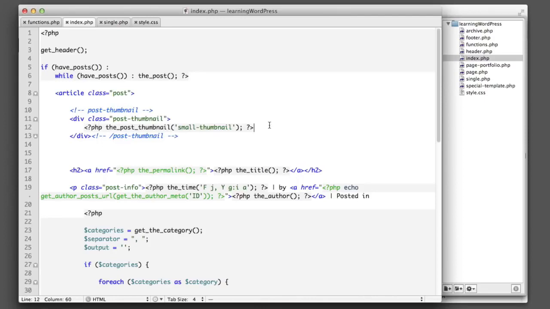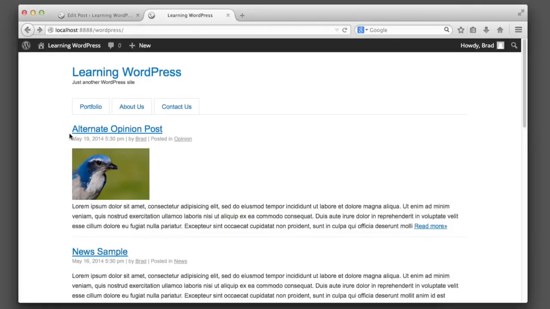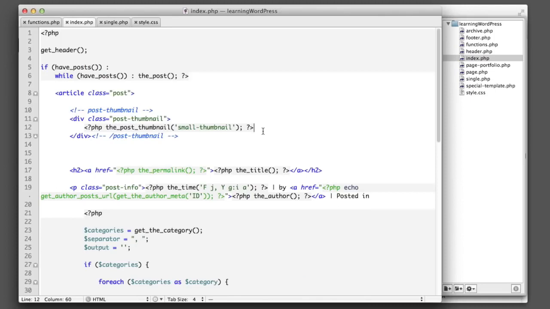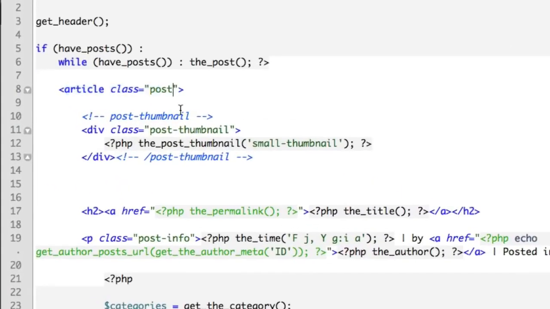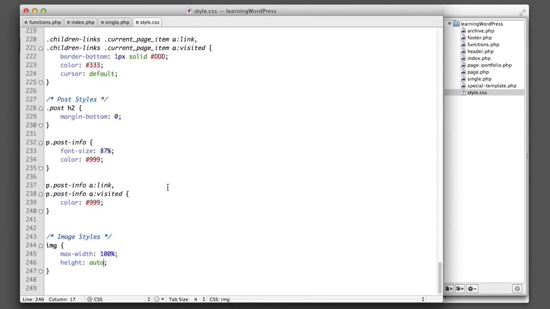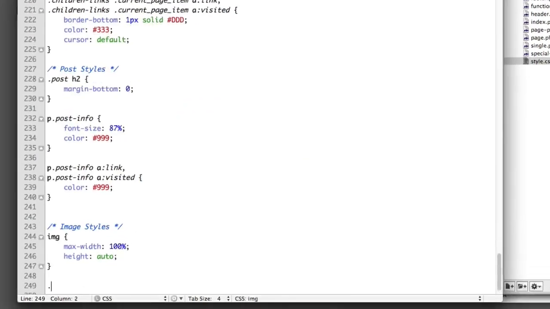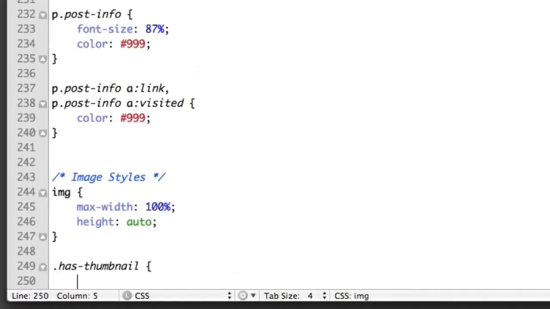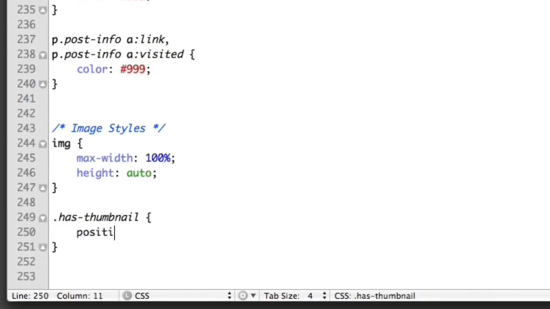Okay? Now in terms of CSS, there's a lot of different ways that we could position the element to sit to the side of the text. There's no right or wrong way, but I'll show you the way that I'm going to do it. It's involving position absolute. So we'll give the wrapper of the entire post a class of has thumbnail. And then in our CSS, we'll create a few new rules. So has thumbnail, that container element should be positioned relative, and it should have a good amount of padding on